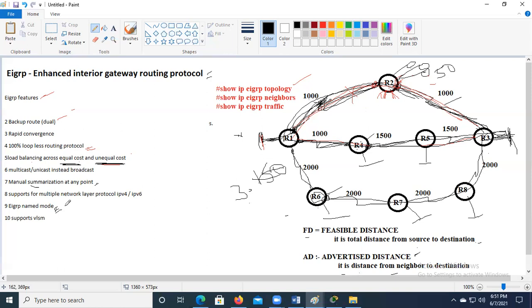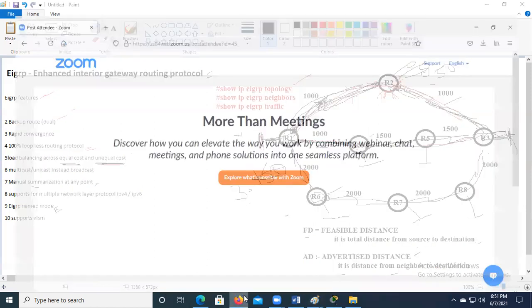Under the named mode, you create different address families, one for IPv4 and one for IPv6. You advertise all IPv4 routes in the IPv4 family and IPv6 routes in the IPv6 family. So router 1 can communicate with both IPv4 and IPv6.